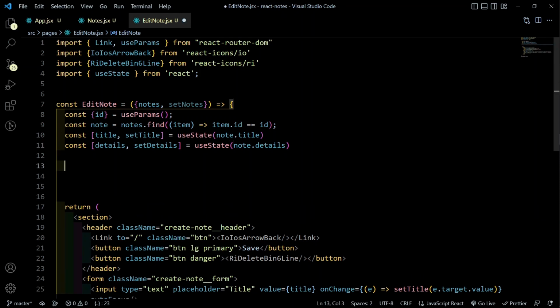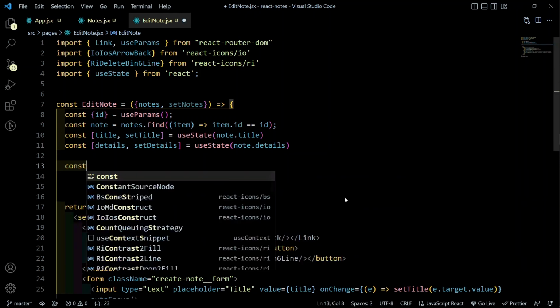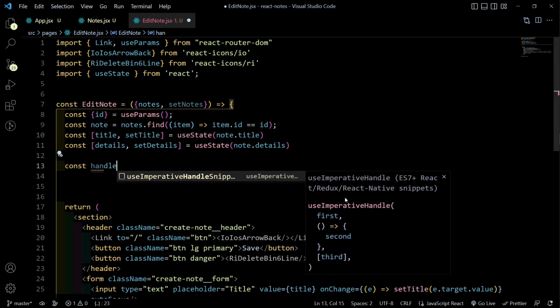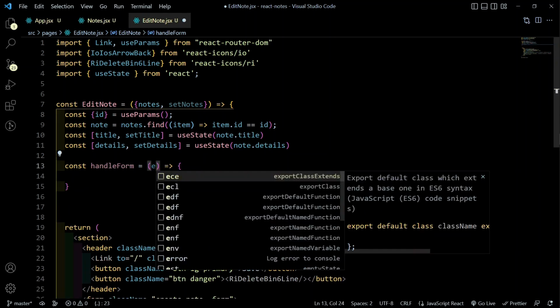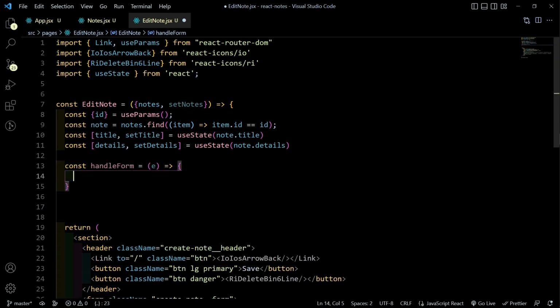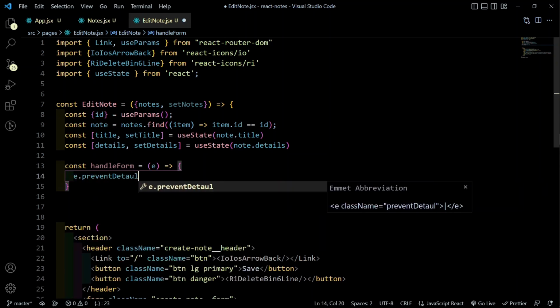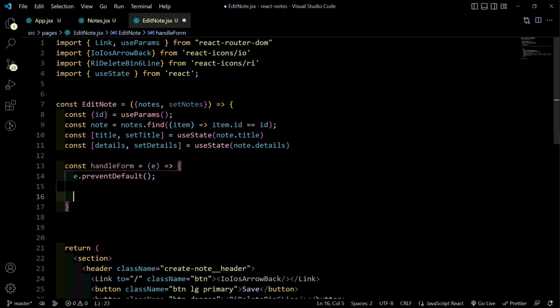I'm just going to call this handle change. Okay, so now let me just call it handle form. This is going to be an arrow function. I'm just going to prevent the default submission of the form. So e.preventDefault. All right, just like we did for the creating of the notes,